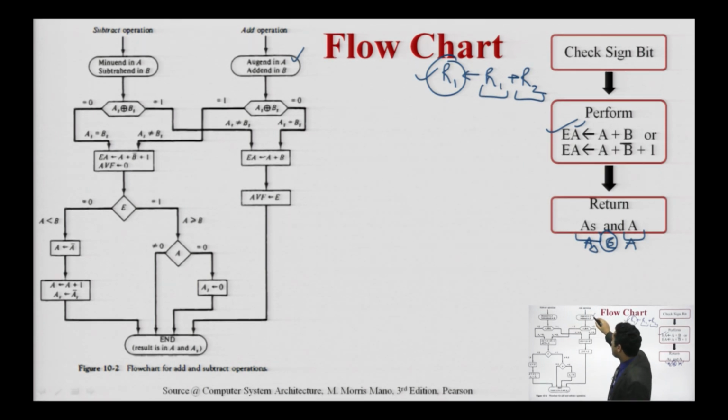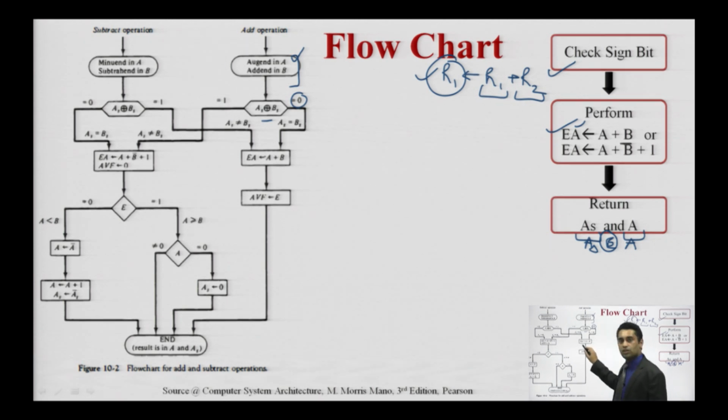In this case, I am taking two inputs, and these two inputs are in signed magnitude representation, meaning A, AS, B, BS. AS and BS are the signs. As I discussed, first we need to check the sign bit. If both the sign bits are the same, then we perform addition. If the signs are different, then subtraction. So here we are using the XOR operation. If both the signs are the same, XOR will return 0. So in this case, we perform the addition part.